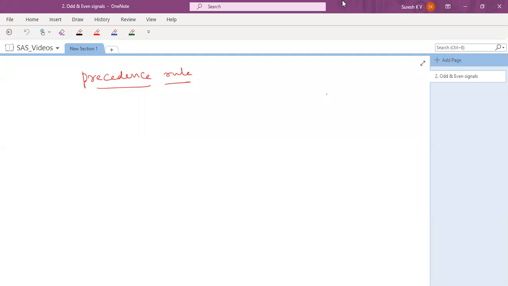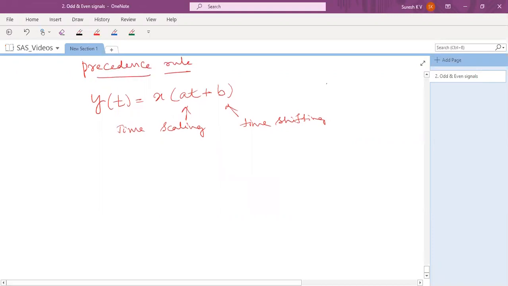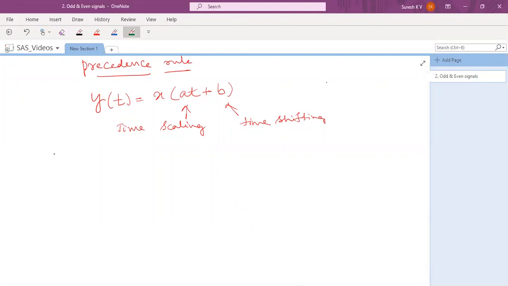Okay, so if I need to perform both time scaling and time shifting, for example, I need to do y of t is equal to x of at plus b. So this has both time scaling and time shifting. So if this is the case, then the question is how we need to perform this. Which one should be done first and which should be done later? Okay, so the rule says,